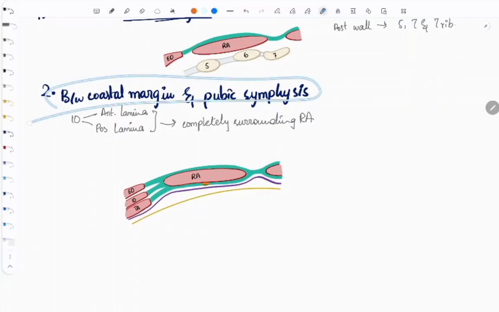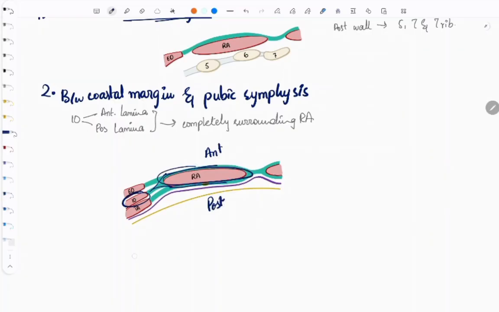At that level, the aponeurotic part of the internal oblique divides into an anterior lamina and a posterior lamina, surrounding